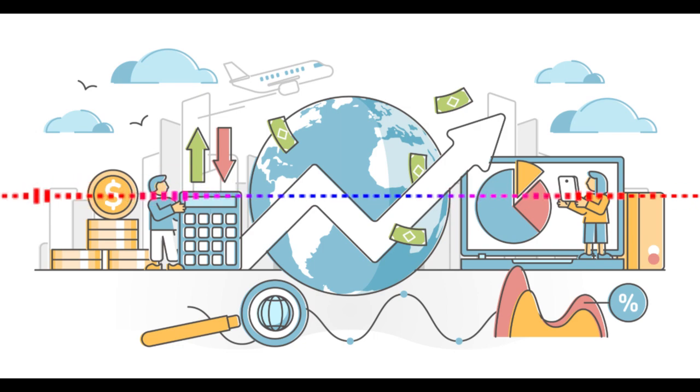The current account tracks trade in goods and services, net income from abroad, and net transfers. When a country has a current account surplus, it means it's earning more from its exports and investments abroad than it's spending on imports and sending abroad. This surplus tells us the country is a net lender to the rest of the world. A current account deficit, on the other hand, means a country is spending more than it's earning, indicating it's a net borrower.